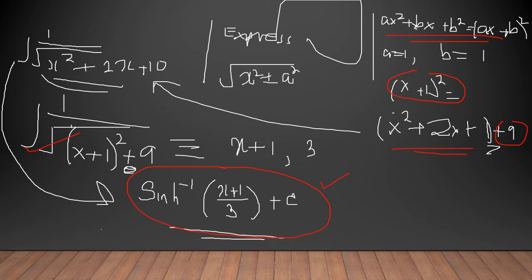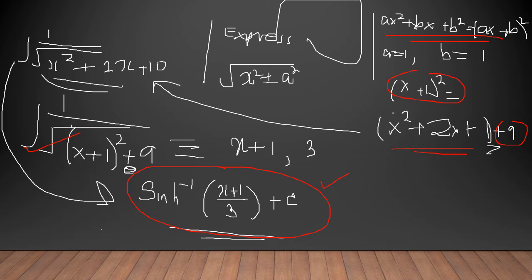So if you want this one to make this one 10, then we need to add a plus 9 here. You see that? So if you add plus 9, then this one will be the same as this. So that's the idea. Now our equation here, we can write as integral of 1 over